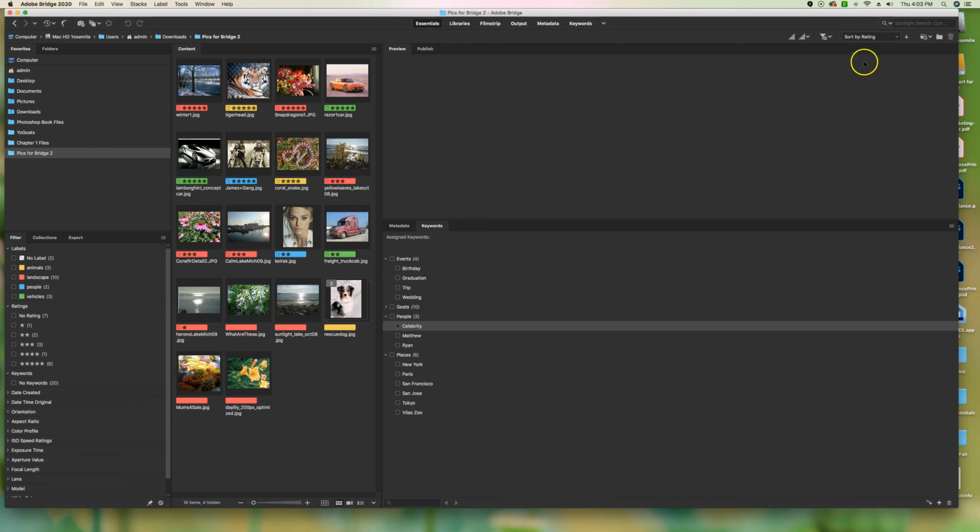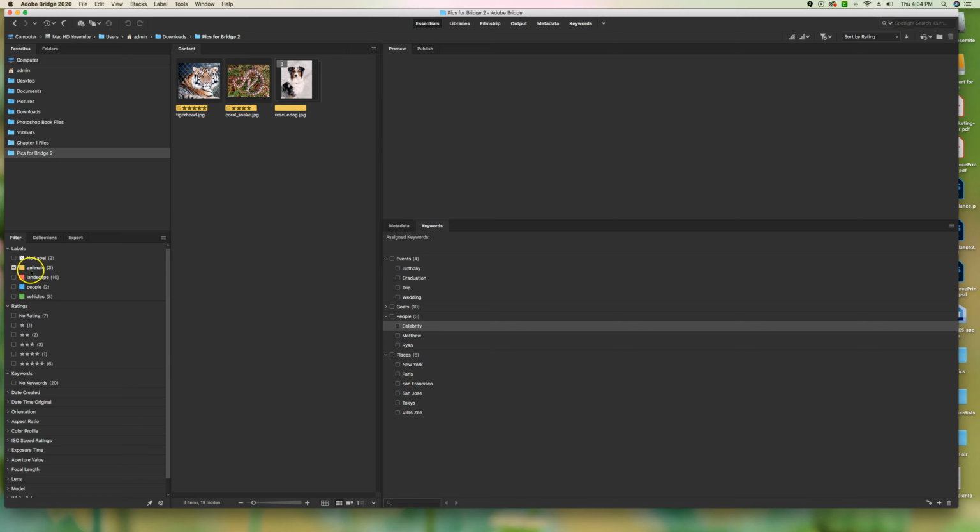What if we wanted to be more specific and we wanted to sort by, let's go, only our animal pictures that have 3 stars or higher. So how we do that is we come over to this filter panel that's over here on the left, and whatever category we wanted, we would put a check mark. So if we said we only want to see our animals, we're going to check the yellow animals,